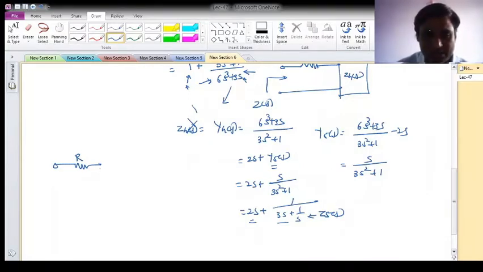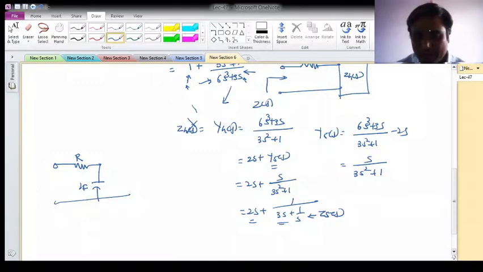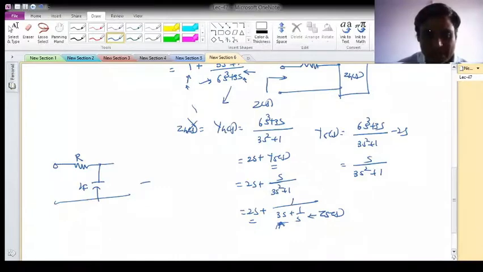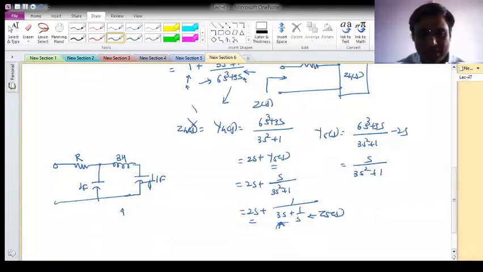So now admittance means what? It is a capacitor, whose value will be 2 farad. Okay, and then what is remaining? Now again I am inverting, so now this will become my impedance, so it will be sL, means there will be an inductor whose value is 3 Henry, and plus 1 by s means now there is a capacitor in series with 1 farad only. So this way we can realize, and this is basically an RLC sort of realization.